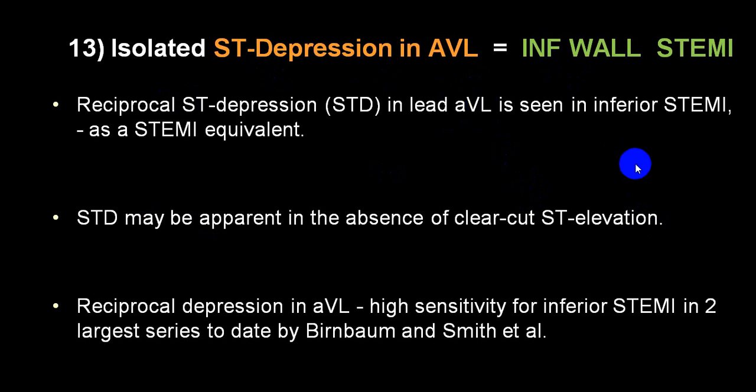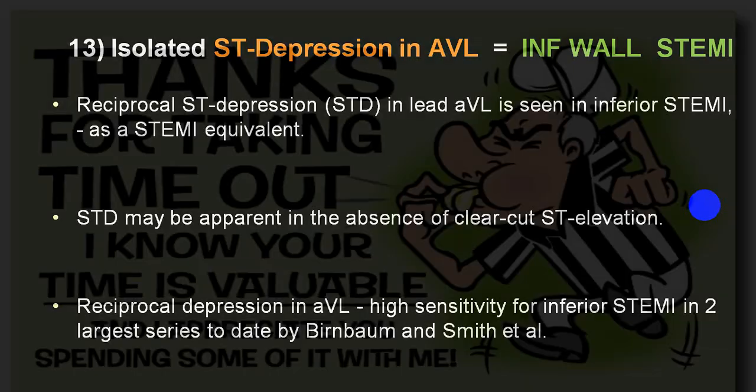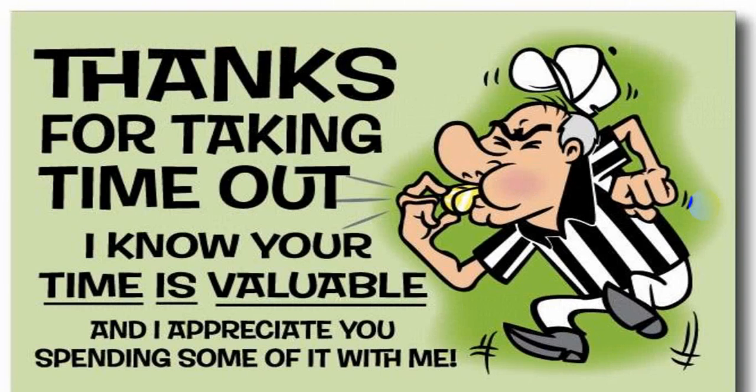Isolated ST depression only in aVL, not in lead 1. If it is in lead 1 and aVL, it will be in favor of a reciprocal change of inferior wall STEMI. But only in aVL also, even if you get, it should be suspected. So these are all the important clues which you can see in ECG in absence of standard criteria.